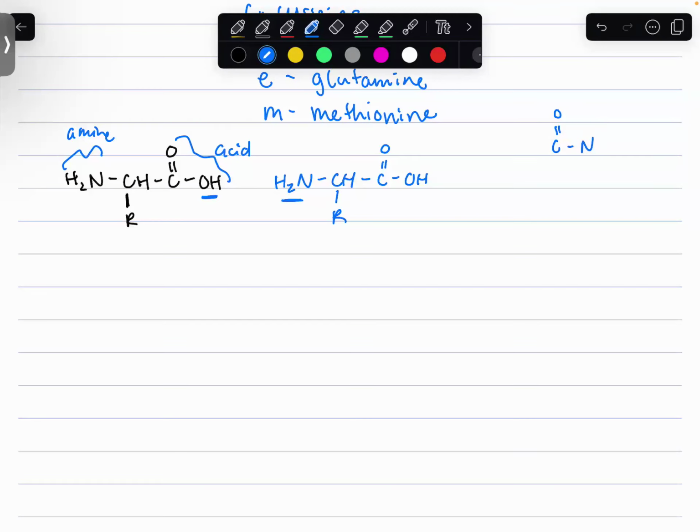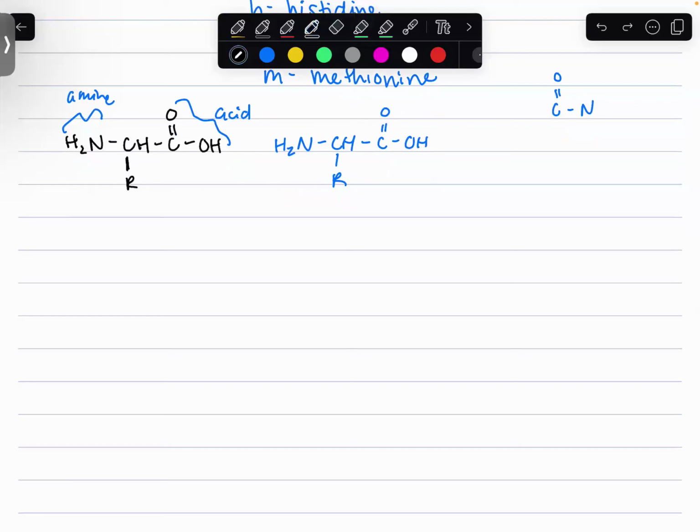So in the amide formation, you're going to lose water in the form of this OH minus. So when they click together, we can draw it out as